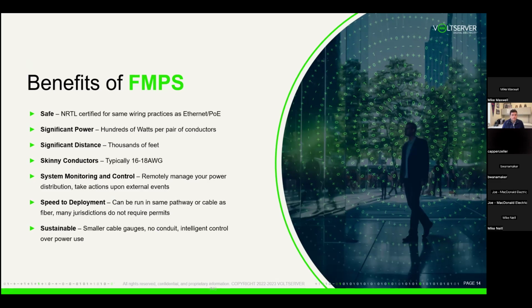We talked earlier about the skinny conductors, so a lot of savings there in copper and plastic, generally 14, 16, 18 gauge as opposed to the larger copper conductors. These intelligent power systems can monitor and control beyond just the automatic safety monitoring of the class 4 circuit. They also can do power logging. You can do policy control if you want to do load shedding. So the transmitter does more than just digitize power and send it out. It's really an intelligent control system that will log power and do a variety of things that a traditional circuit